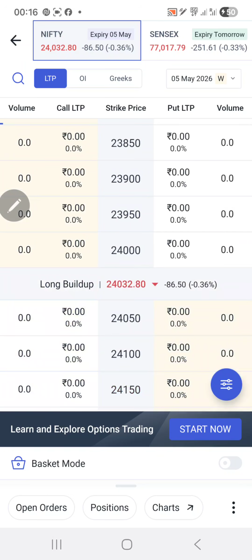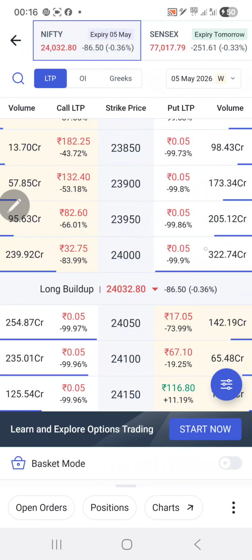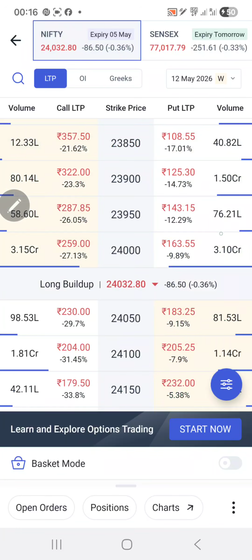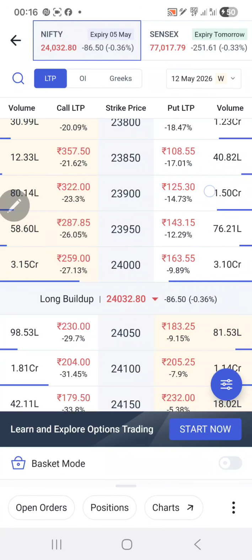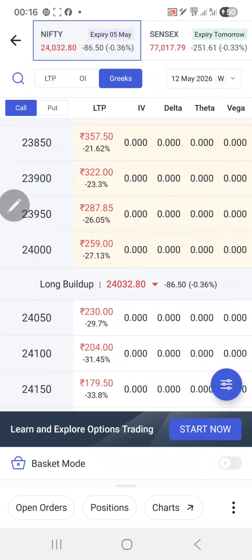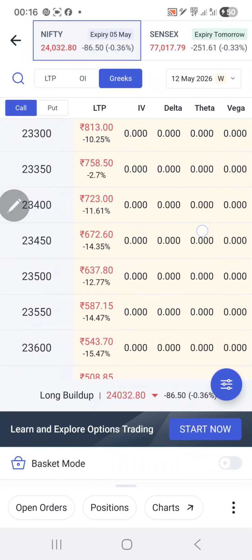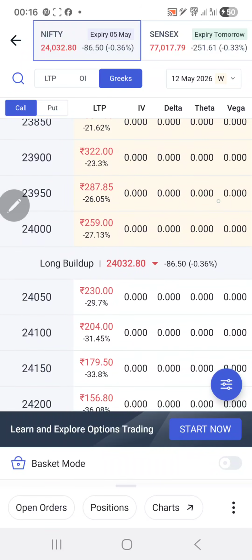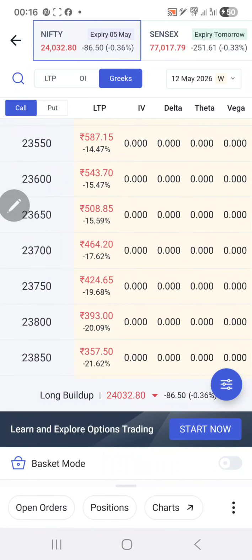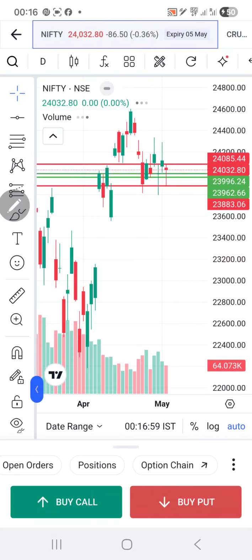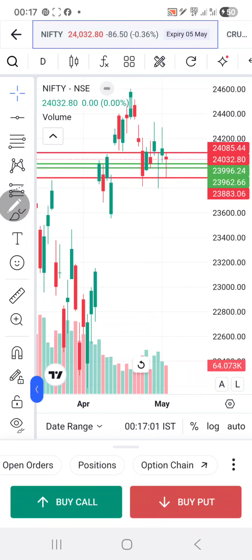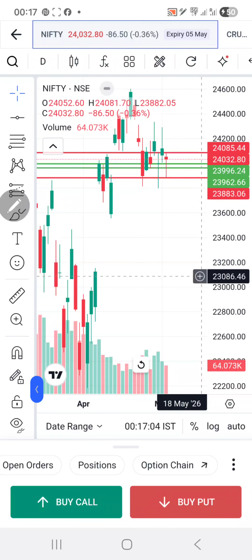Can we check how this delta is placed for tomorrow, right? This is 5 May. When we go to 12th May, tomorrow these deltas may change, right? So there is no delta here. It's okay, when the market opens tomorrow, the delta will be visible, right? So accordingly you can take a decision. That's how, for tomorrow's levels, as per my trading experience and knowledge. So this is for you.